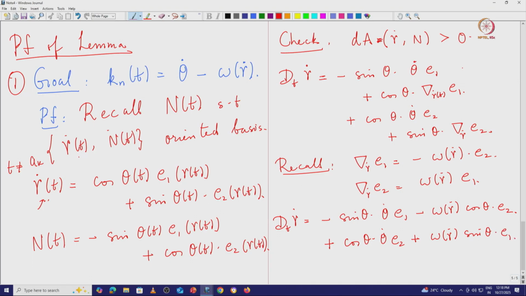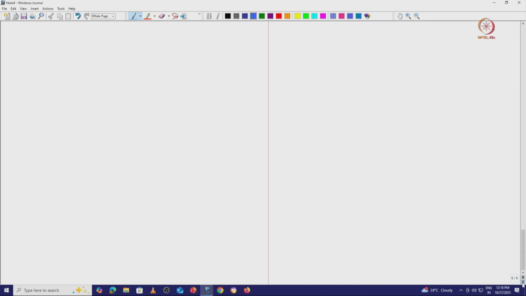Okay, so what do I want to do? I want to compare. So recall that this intrinsic acceleration is precisely kn times the normal vector n of t, right. So I want to compare this expression to the expression of n of t. So I pull out minus sin theta E1. So if you pull out minus sin theta E1, you collect these two terms and you would have